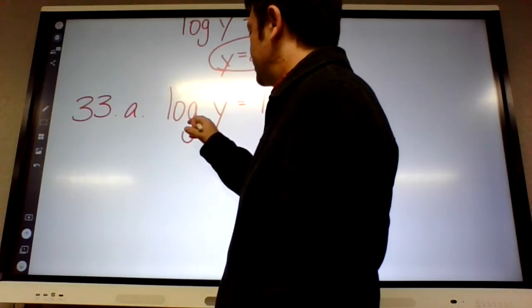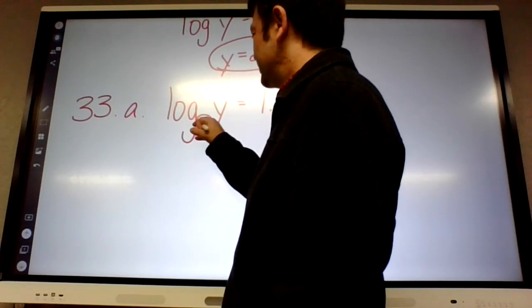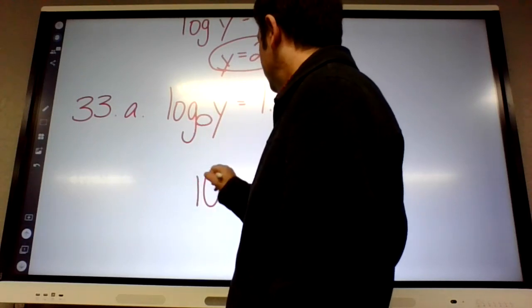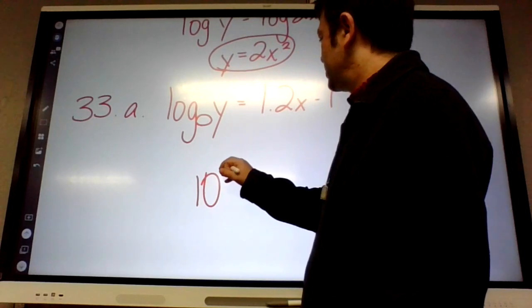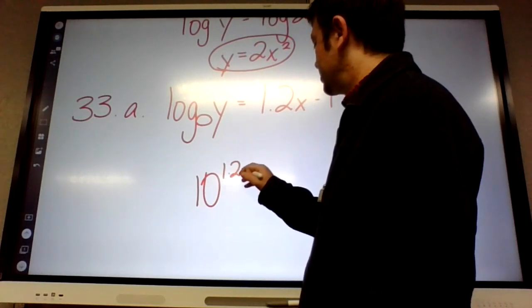What's the invisible base right here? 10. So this would be like 10 to the 1.2x minus 1